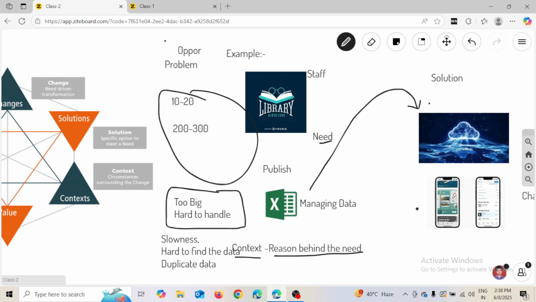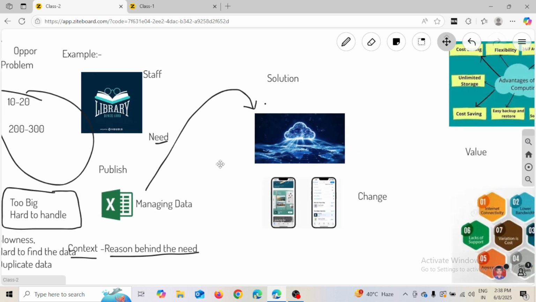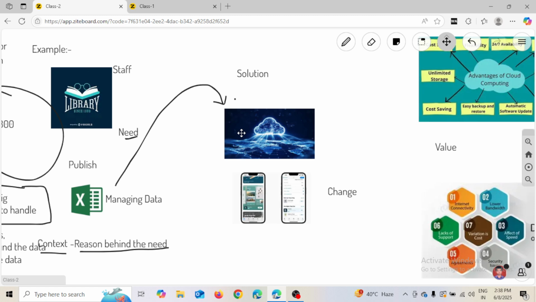So now, the solution that has been suggested over here was cloud, and that cloud is connected with the user interface, that is an application. So what are the changes that the staff is going to feel? What do you understand by the changes over here? So changes are basically the experience